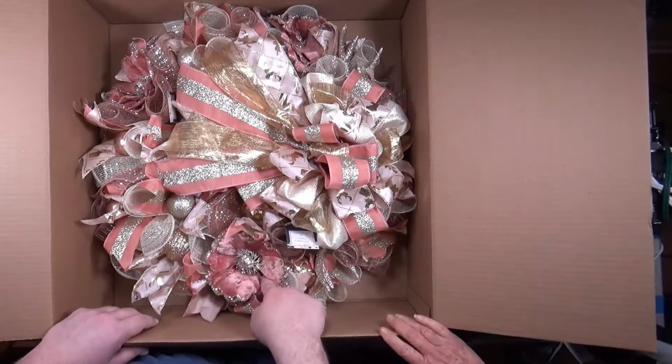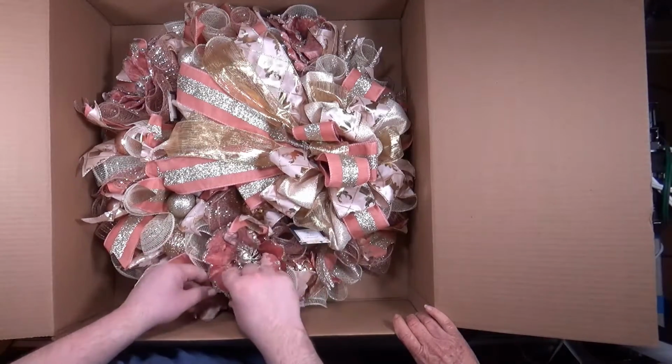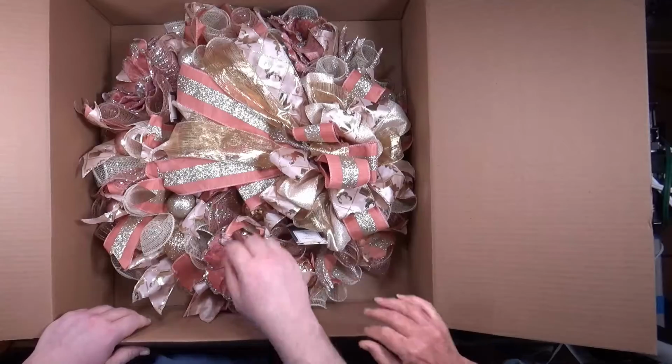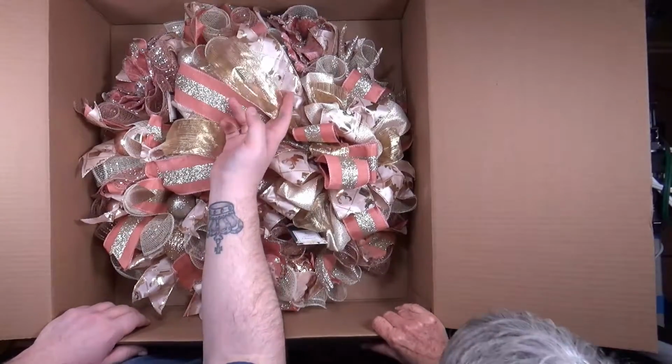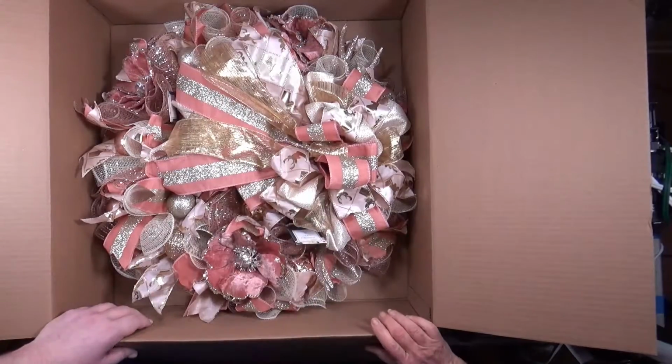Oh, we got these at Hobby Lobby. Mm-hmm. And you said how ugly they were? Yep. And you still think they're ugly? I'm not a big fan of this, but I don't like glitter. So. Okay. So, next is...